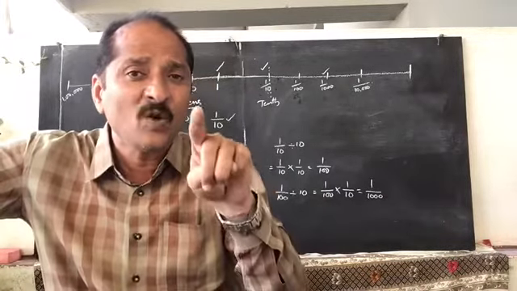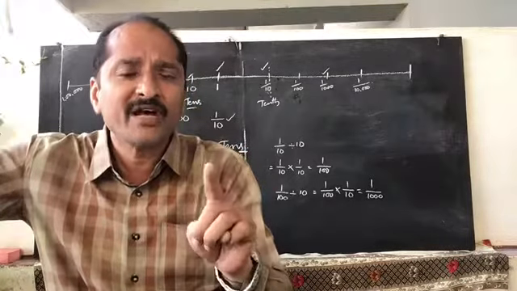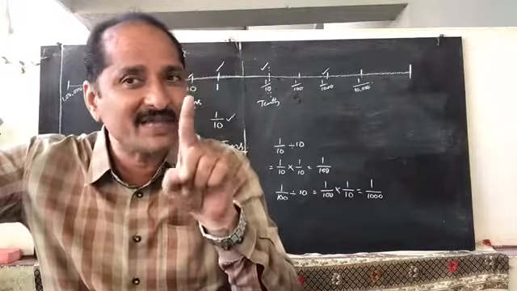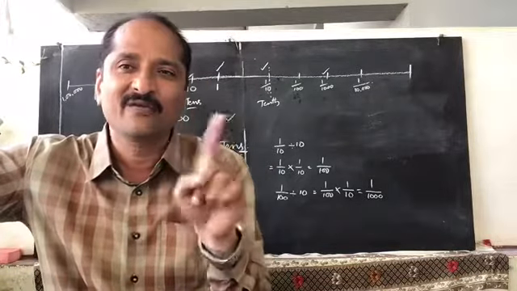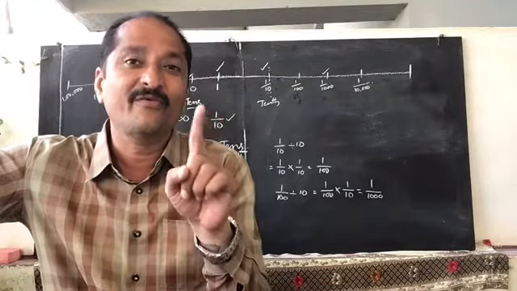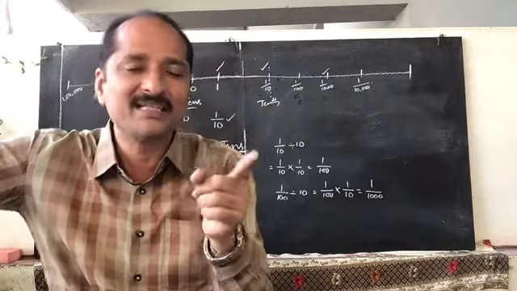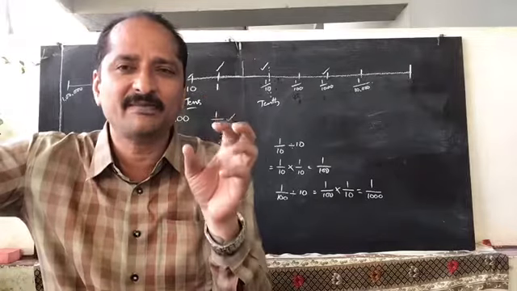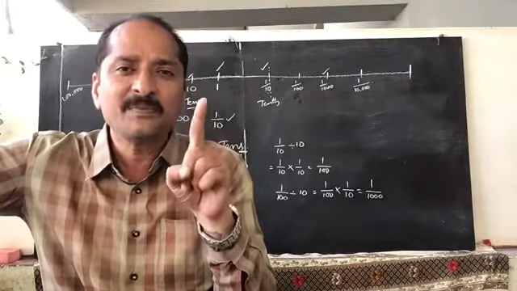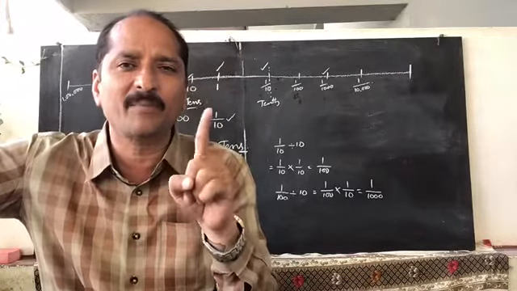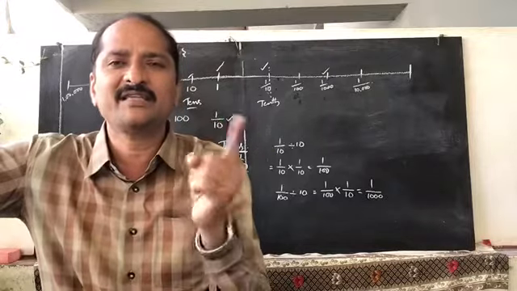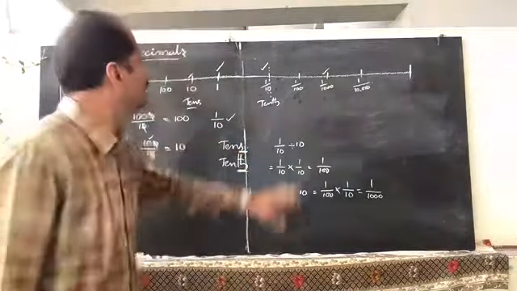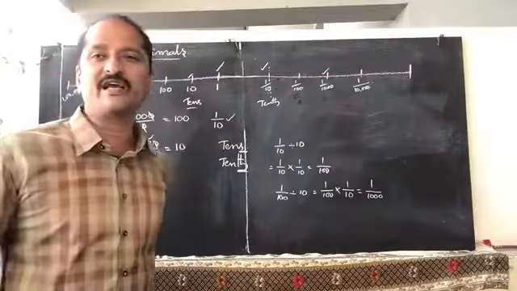But in the whole number part, whenever you are observing a whole number part, it starts with 1's place. There is no 1th place; 1th place does not exist, there is 10th place. So 10th place is the first decimal place, but 1's place is the first whole number part. Next greater than 1's is 10's, next greater than 10's is 100's, 1000's, 10,000, like that it goes. So this is the place value chart of a decimal.